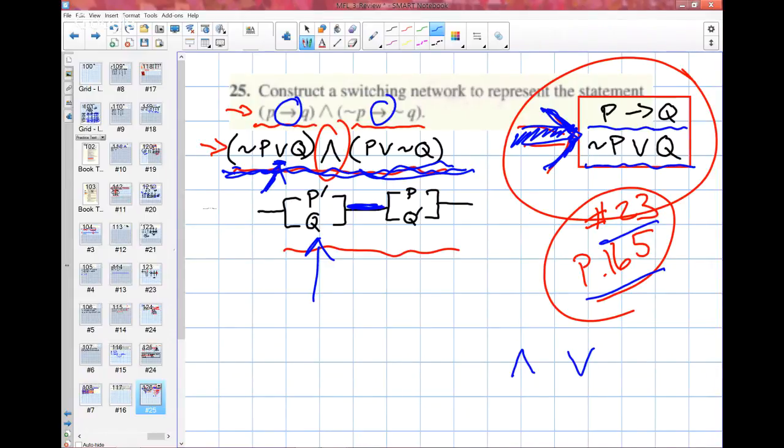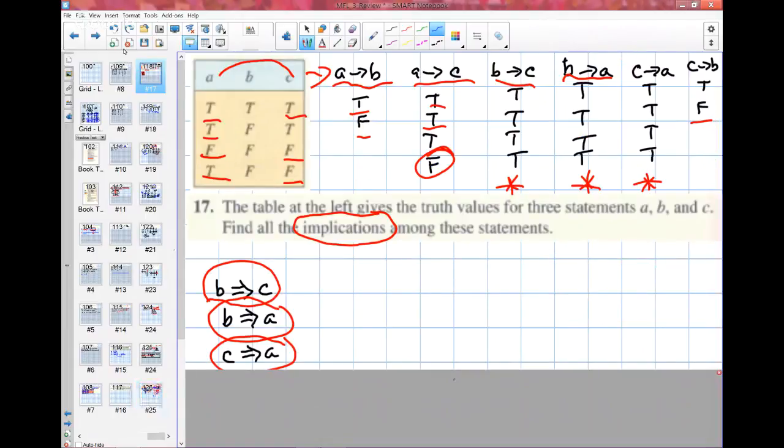Number 17. Got it. Number 17. Oh, Michelle, thank you for asking this one. Okay, this one always gives people trouble. So everybody,